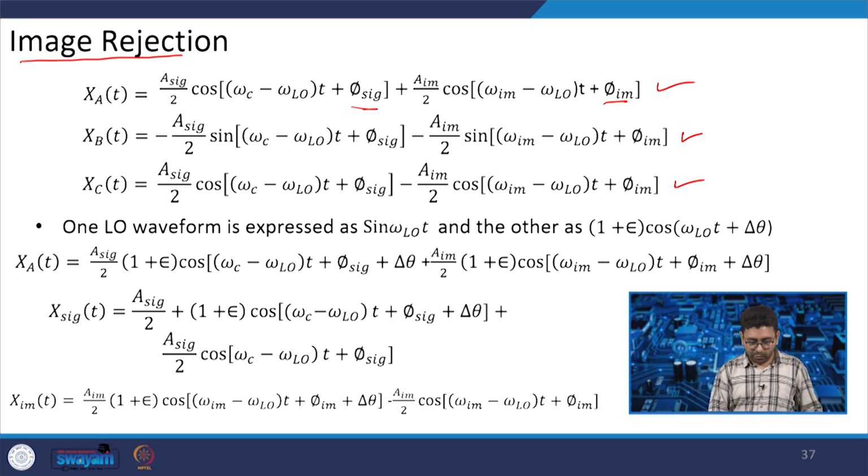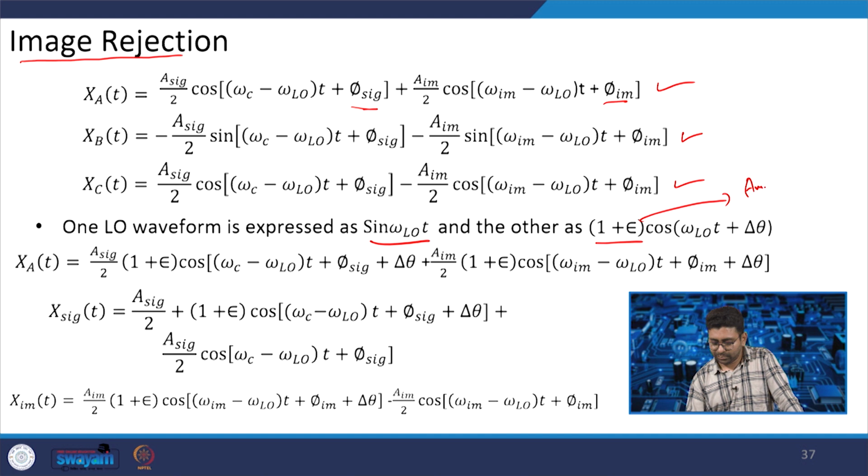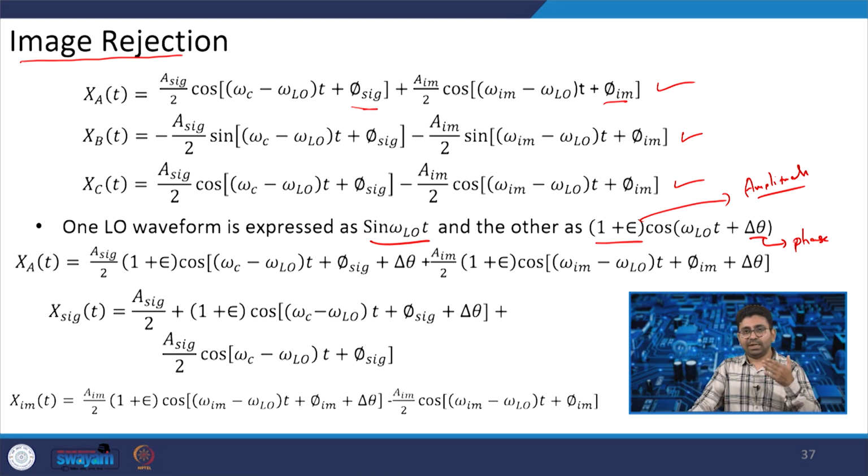So, for one LO waveform, we can express it as a sin omega_LO t, and the other as (1 plus epsilon) cos(omega_LO t plus delta theta). So, this will tell us the change or error in the amplitude, and this will tell us the change or error in the phase. So, if there is some deviation in the phase of delta theta or in the amplitude as 1 plus epsilon,